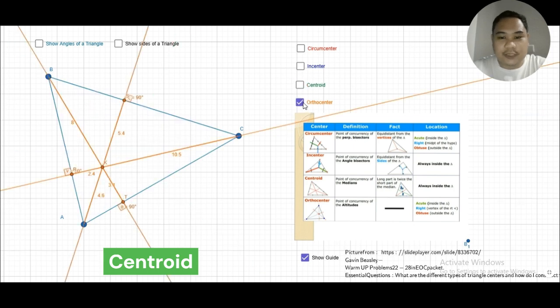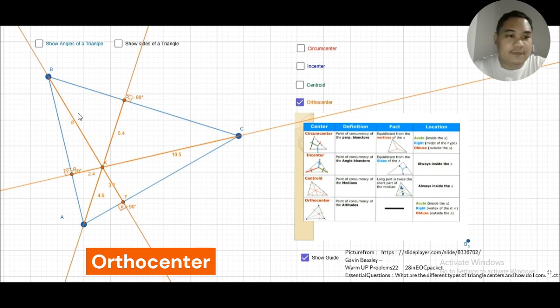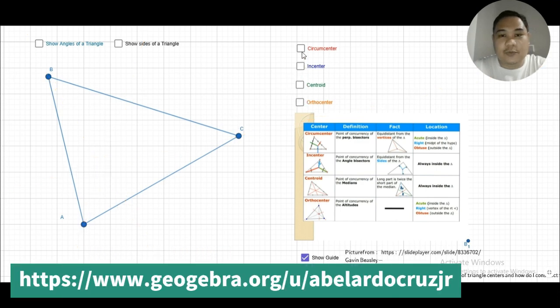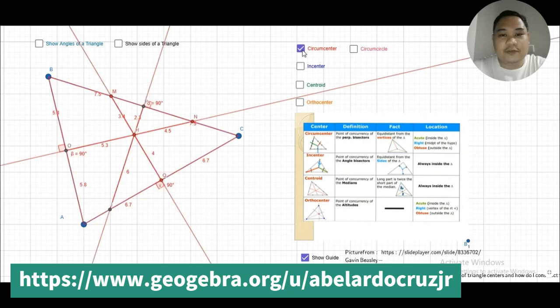For the orthocenter, this is the point of concurrency of all the altitudes. Meaning to say, from a point or vertex of a triangle, we draw a 90 degree line to the opposite side, and then another 90 degree line to the other side, and so this one is the orthocenter. So you may want to visit my GeoGebra site wherein you can study the properties of a circumcenter